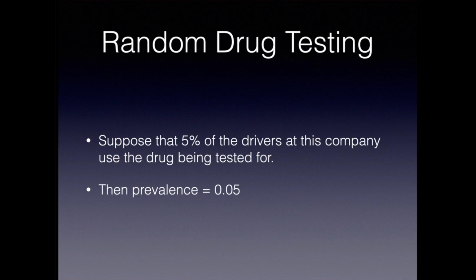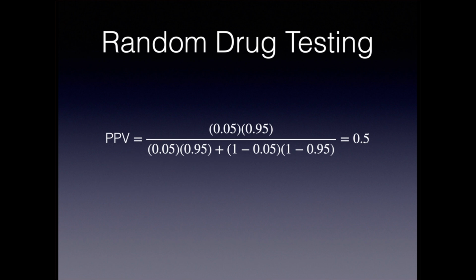With that assumption, the prevalence of the drug use at this particular company, which constitutes the population of interest and is a finite population, would be 0.05. We now have all the ingredients we need to calculate the positive predictive value, which is, again, the